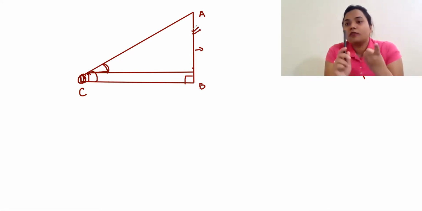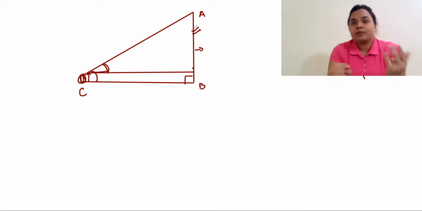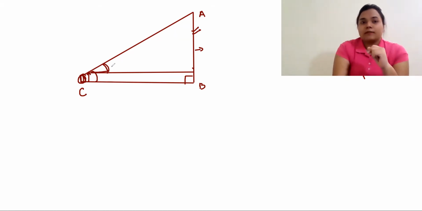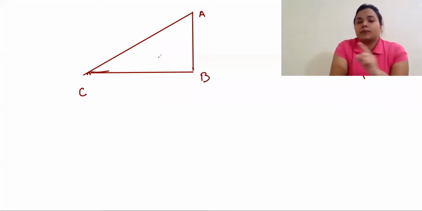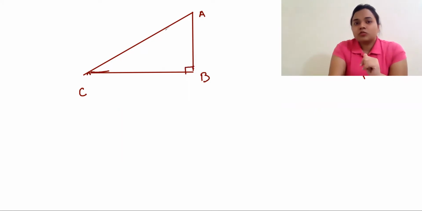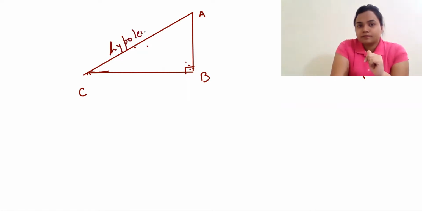We just need one acute angle and any one side of the right angle triangle, and we can find any other side. You must be remembering the Pythagoras theorem. First, let's see what the things are in a right angle triangle. You must know this, but I am doing it for revision, and then we will go to acute angles and everything. Suppose this is a right angle triangle and this is 90. The side opposite to the 90 degree is the hypotenuse. Of the sides containing the 90 degree, one is called perpendicular and the other is called base.